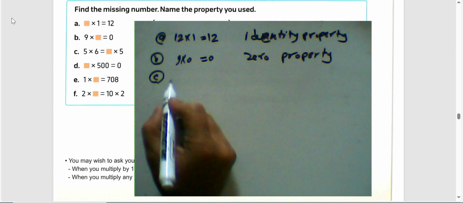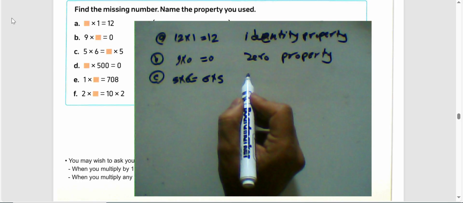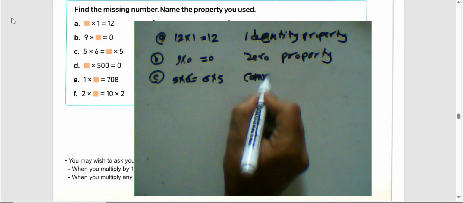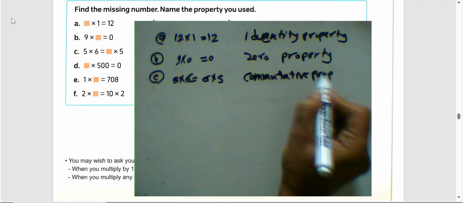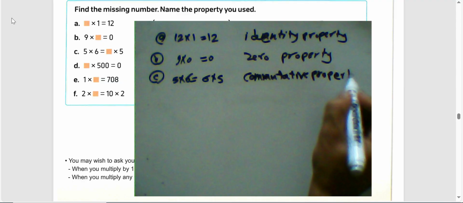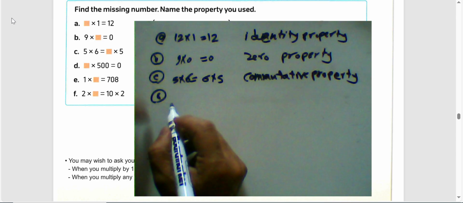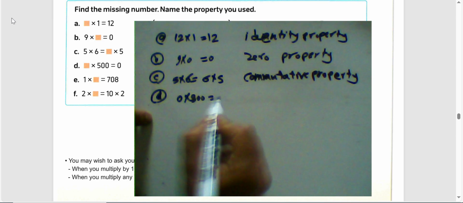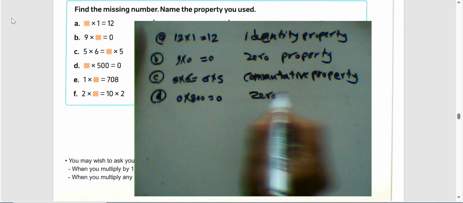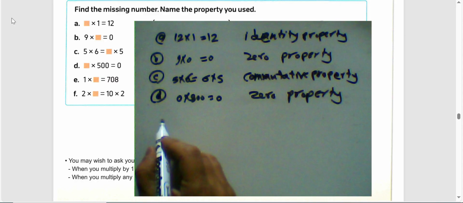Letter C, 5 times 6 equals 6 times 5. We call it commutative property. And question letter D, we have 0 times 500 equals 0. We call it zero property. And question letter E,